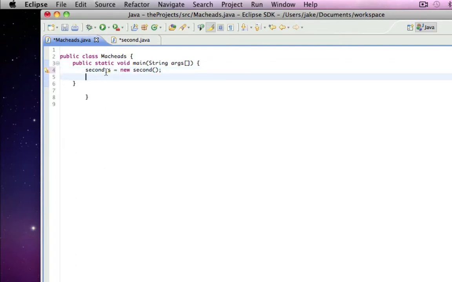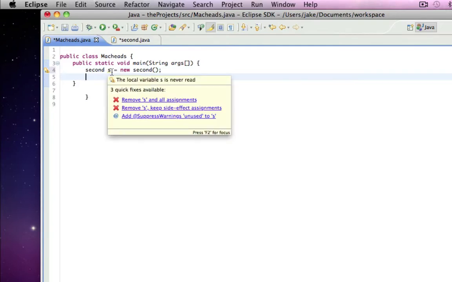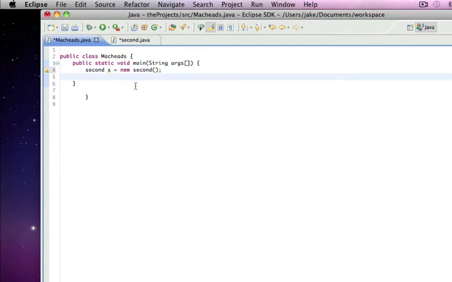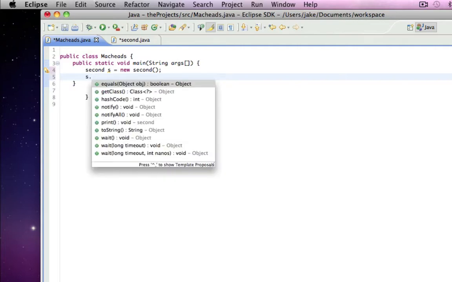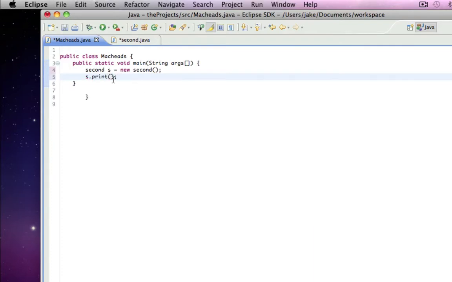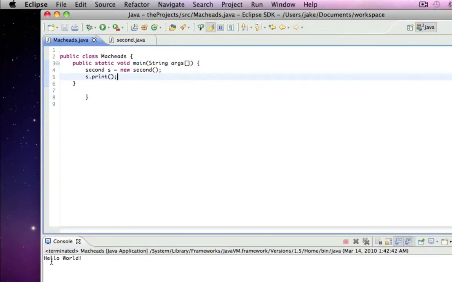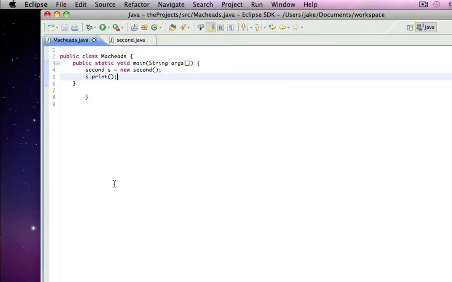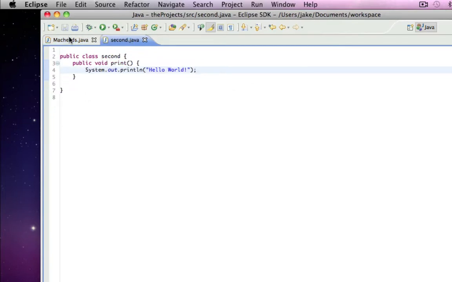So now we have an object, and in order to call a method, we do that from that object. We do object dot, and our method name was print, and it took no parameters. And so if I run it, it calls that print method, and it prints hello world. Alright, and so that is just a really quick introduction